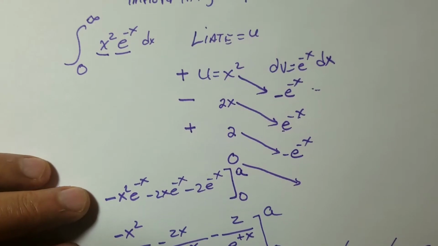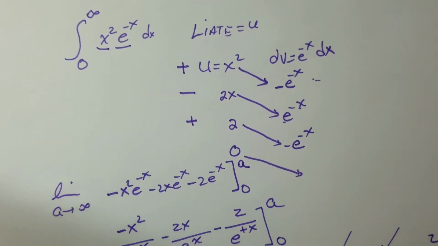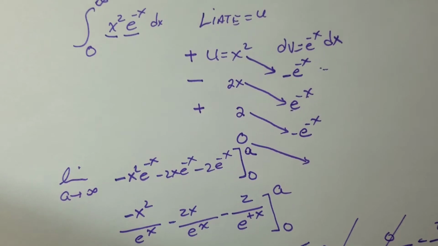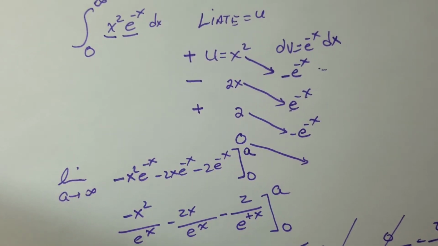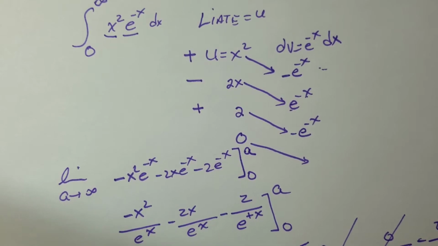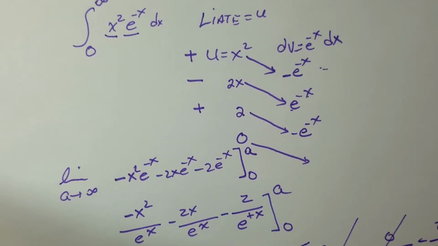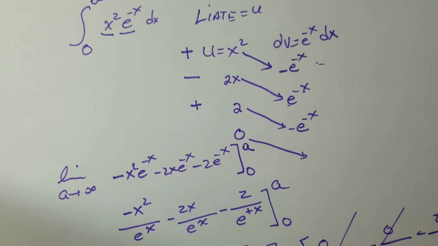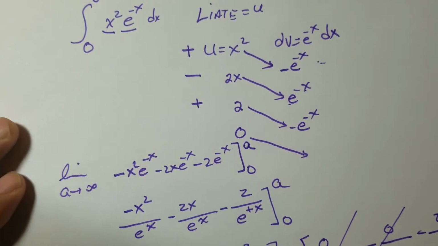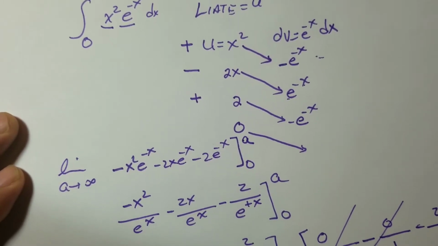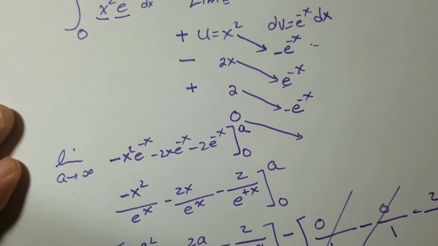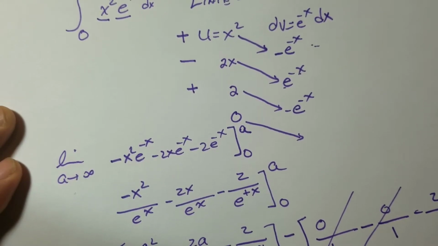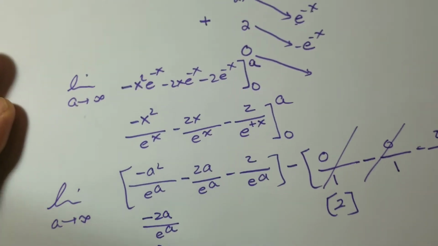Therefore, I know the second one converges, but I don't know about the first one. Therefore, I have to take the limit of that one as a approaches infinity, and in this case, it becomes infinity over infinity, and that becomes 2 over infinity. That piece is 0. But infinity over infinity calls for L'Hopital's rule, and you have to apply L'Hopital's rule: it is 2a over e to the power of a. That's again infinity over infinity. I have to apply L'Hopital's rule again, and that is 2 over e to the power of a, and that's normal L'Hopital's rule, because when I take the limit,